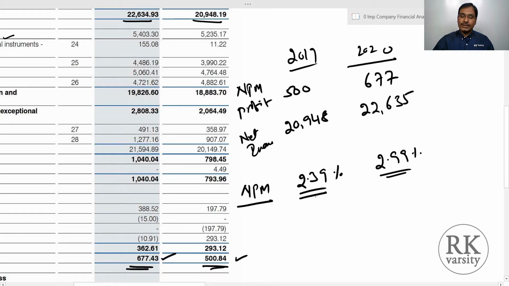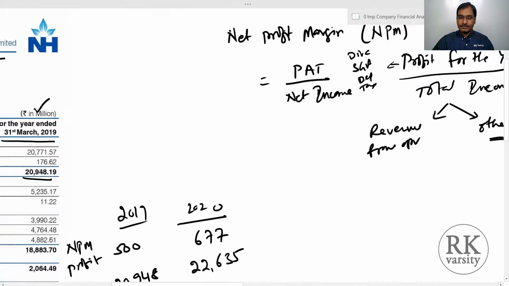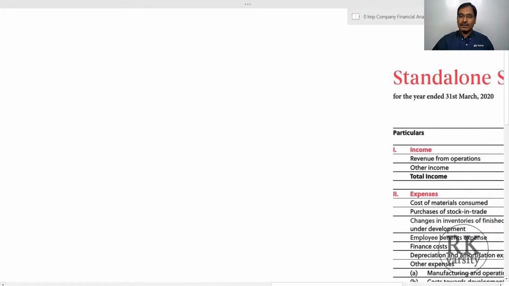So here for this company, the net profit margin is very minimal, in the sense hardly it is 3% anywhere. And you can see that there is a slight increase, but even though there is an increase in the net profit margin, this net profit margin of 2% or 3% is not at all encouraging. And similarly, we look at another company here.